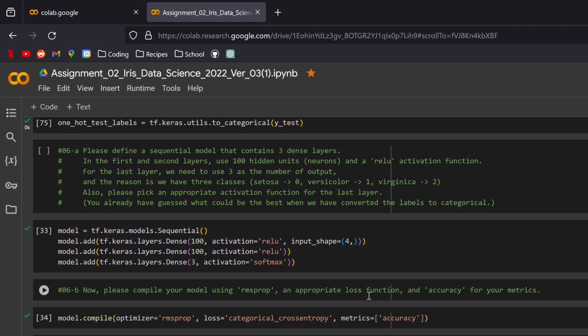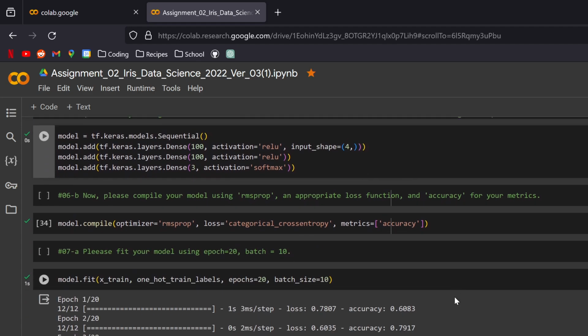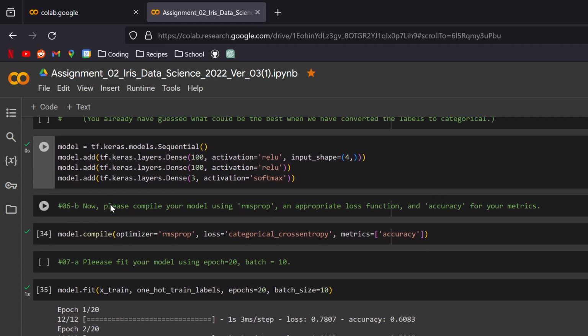And then for 6A, we're asked to define a sequential model, use 3 dense layers, use 100 neurons or hidden units in each of the first 2 layers, and then narrow it down to 3, using activation ReLU for the first 2 layers and the softmax for the final layer. Now, once we set all of that up,